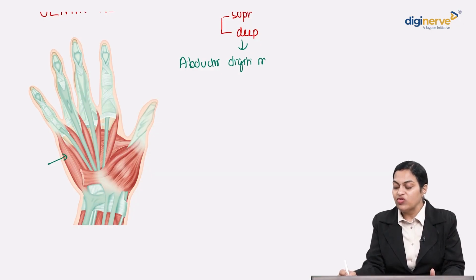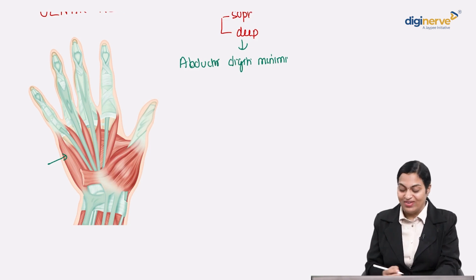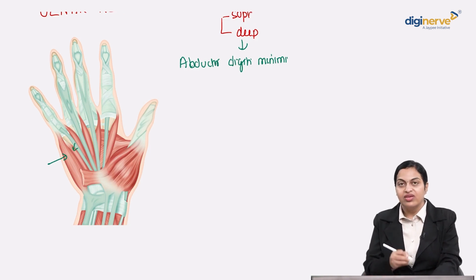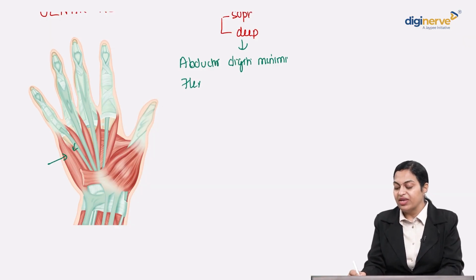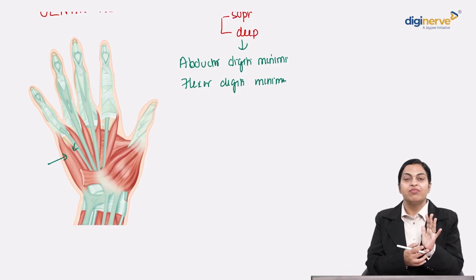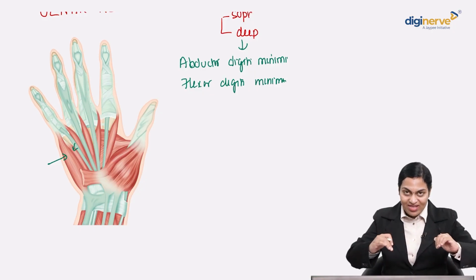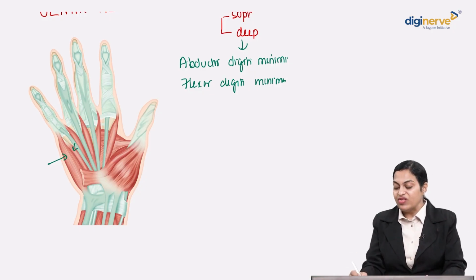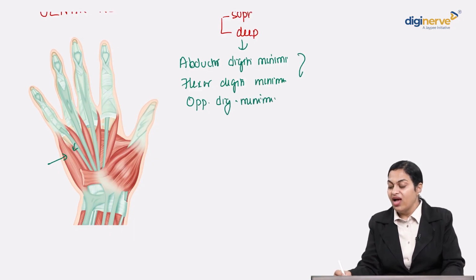Digiti minimi refers to the little finger and abductor because it's going to abduct your little finger. And this one, just lateral to it, is the flexor digiti minimi. If I separate abductor digiti minimi, flexor digiti minimi and see beneath it, I'll get to see the opponens digiti minimi. So these 3 are the hypothenar muscles,